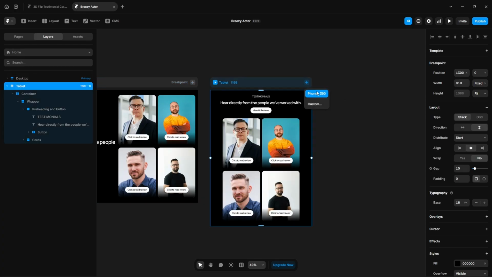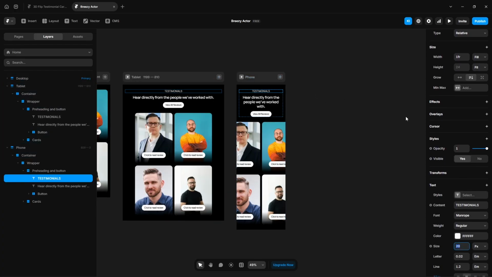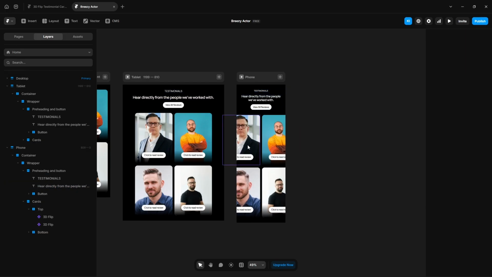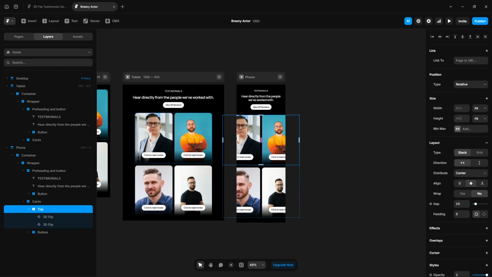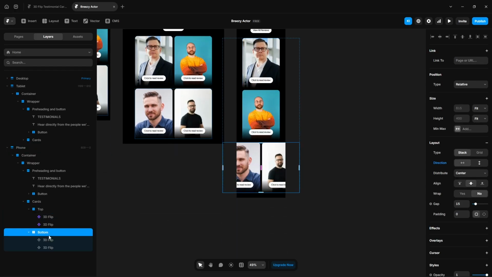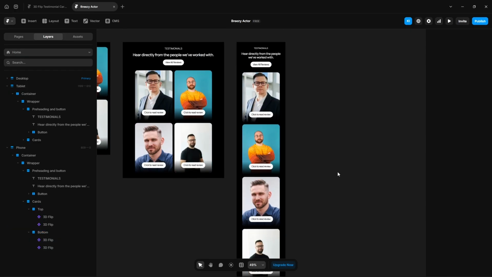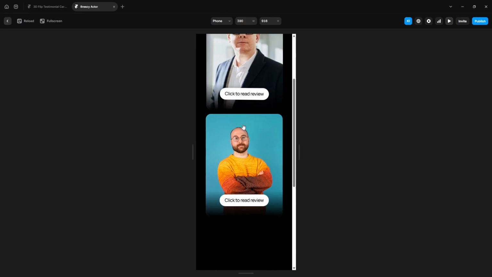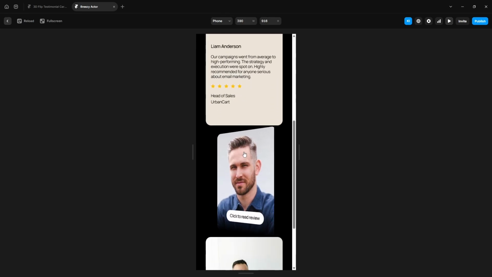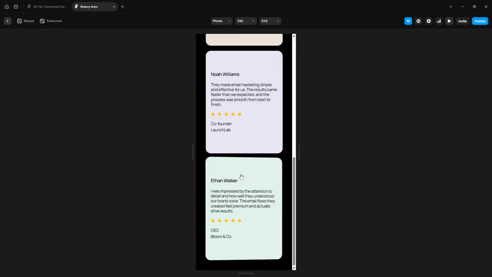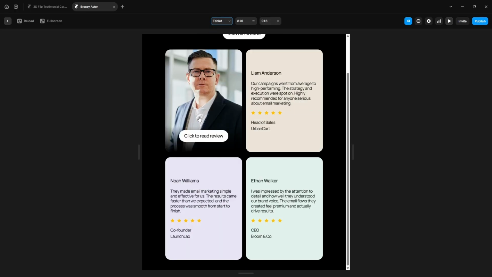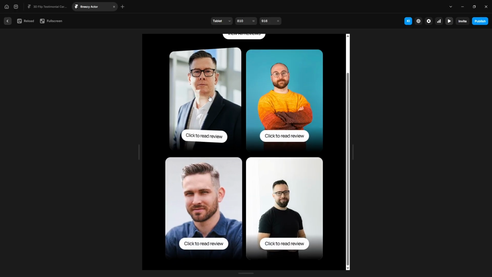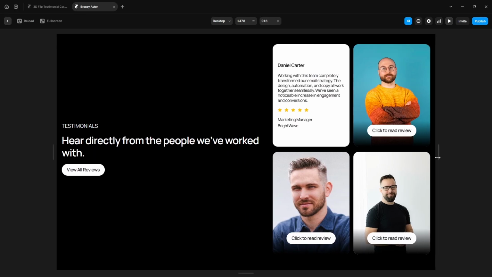Finally, for the font, click here, reduce the font to 16. As for this, 24, and then click here, this top, direction, vertical. Also for this, vertical. Now let's preview to see how it looks. Yeah, it looks perfect. Let's see on the tablet. And finally, for the desktop,